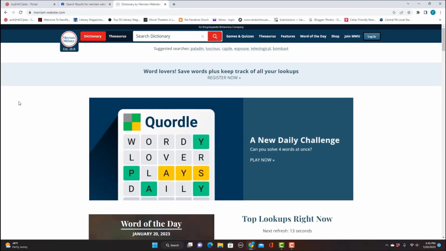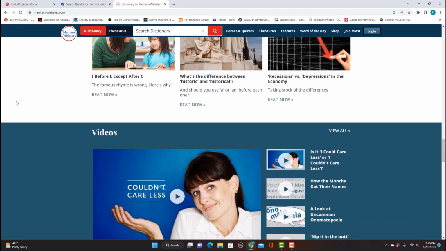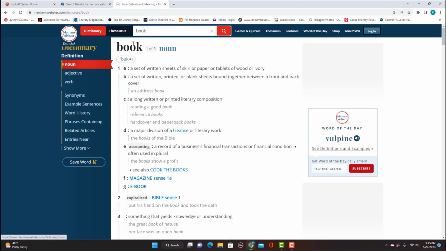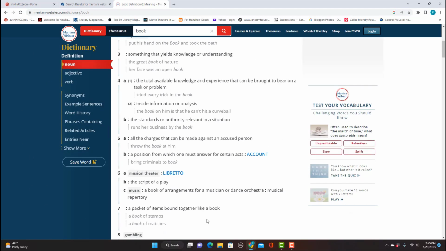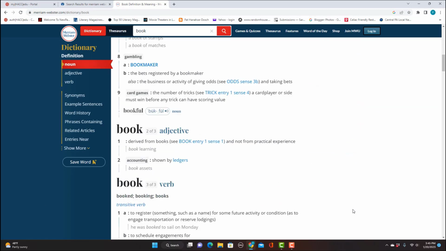Now we go to the website version. It looks very different, doesn't it? Immediately you see ads and links to all kinds of things at the side of the website itself. The same is true up here. If I go up here and search on the same word book, again, very different. Visually, it's much more appealing. You have all kinds of links here to help you in your search and figure out what you want to know about this. But over here,